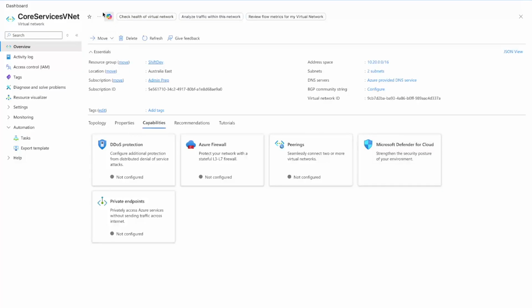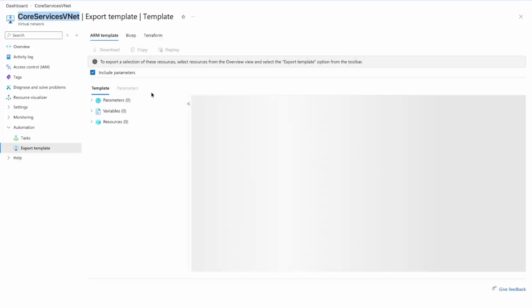So let's have a look at the resource we've already deployed. It's a virtual network called Core Services VNet. It has 2 subnets in this address space. And over here, if you have a look at the automation subtab, there is something called export template. We'll give it a second to load, but you can straight up see that there's an ARM